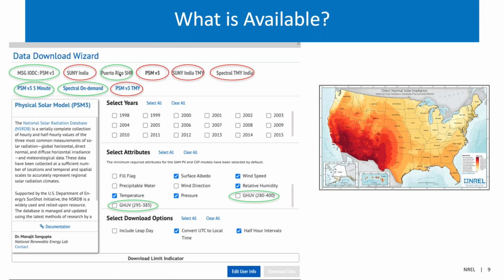And so if the cloud becomes thicker or thinner, it is represented ultimately in the radiation. If it goes from cloudy to clear or clear to cloudy, then what we assume is that it happens at the midpoint of the time period. So when it's 30 minutes, it's 15 minutes of clear and 15 minutes of cloudy. If it goes from cloudy to clear, then it happens in 15 minutes, and the optical depth of the cloud goes from whatever its value is to 0 at the 15th minute. The reverse happens when we go from clear to cloudy. So that's the model, and it's only available in this Puerto Rico